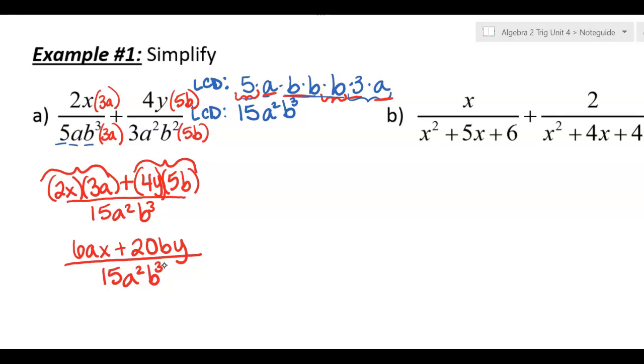That's how it is. So the last thing you want to do, even though we've done an addition problem, we're done with the addition. But now once you get it into one fraction, it becomes a simplifying problem, right? Like, can I reduce this fraction? And so it becomes a problem like we were doing yesterday. If I want to check if this can be simplified, I need to check if I can factor this right here. And that numerator is not a quadratic or anything we've seen like that before, but it does have a common factor, right? 6 and 20 are both divisible by 2. So I'm just going to pull that out, look and make sure it doesn't do anything, and then decide if I'm done or not. So if I pulled out the 2,